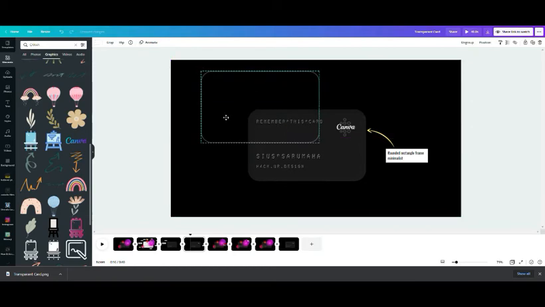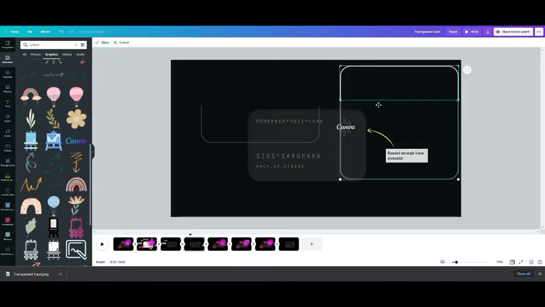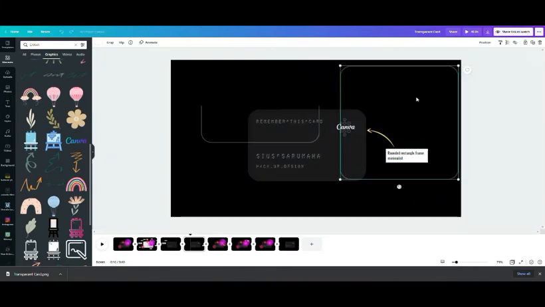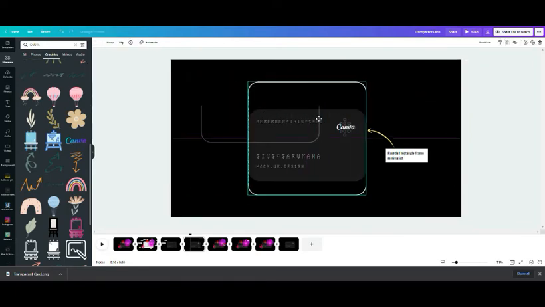This one I grouped, so I need to ungroup for a while so that we can see. This one I cropped before, so let me put it back to normal. So this is the frame,